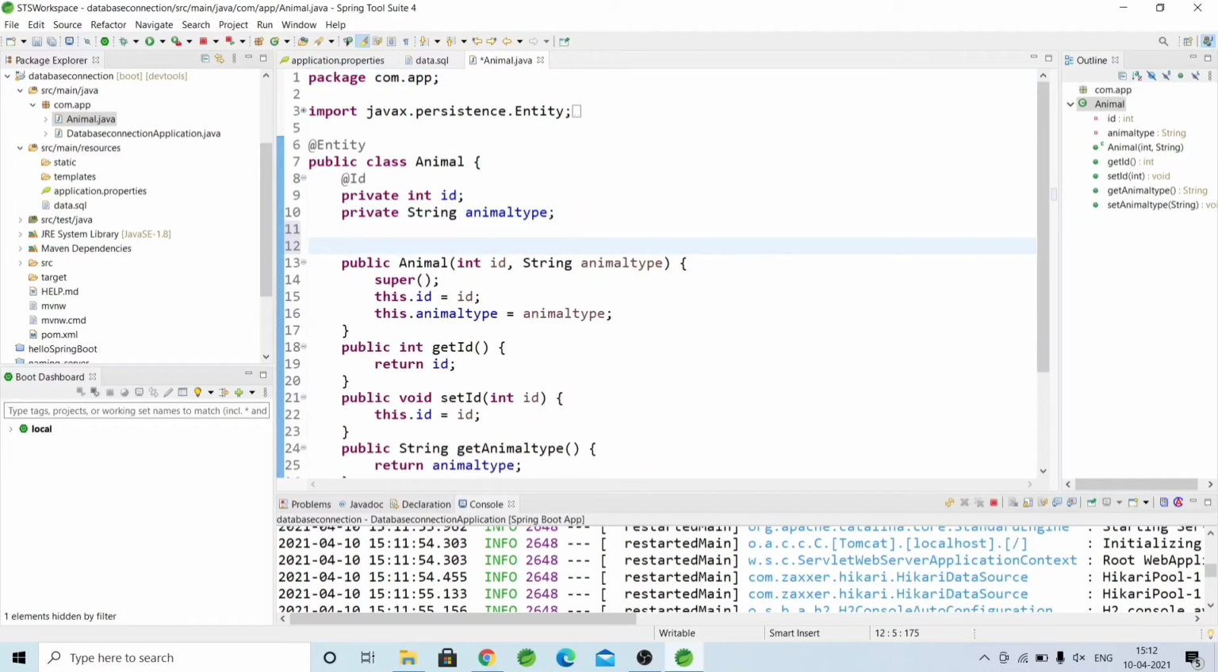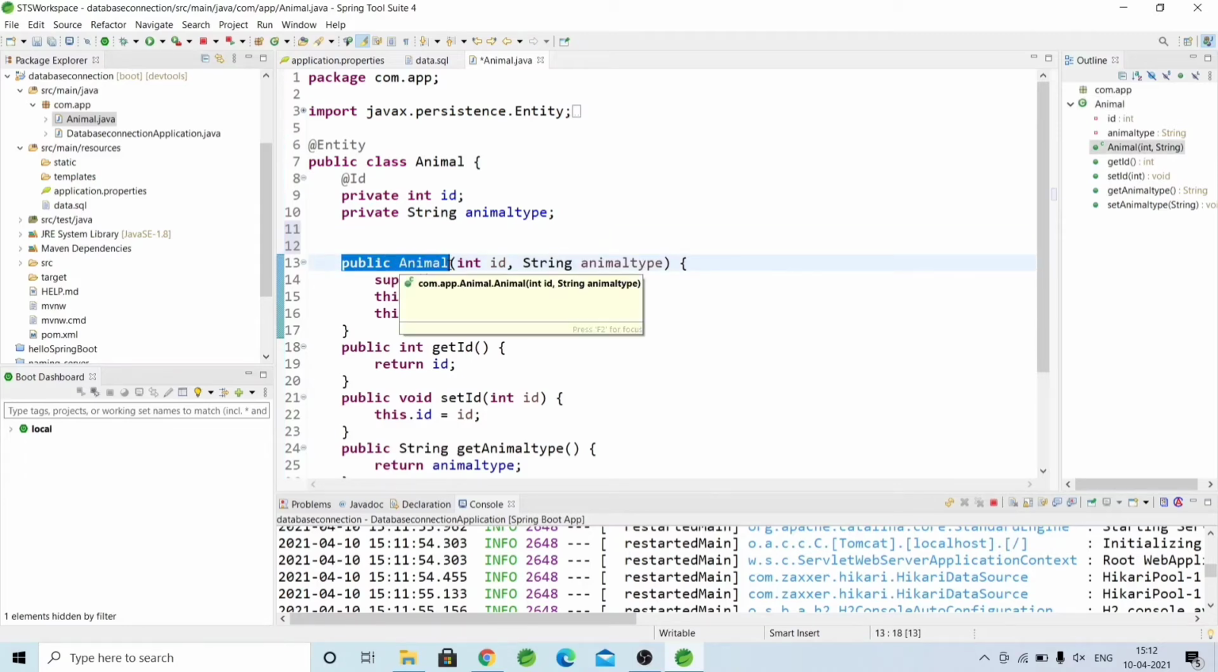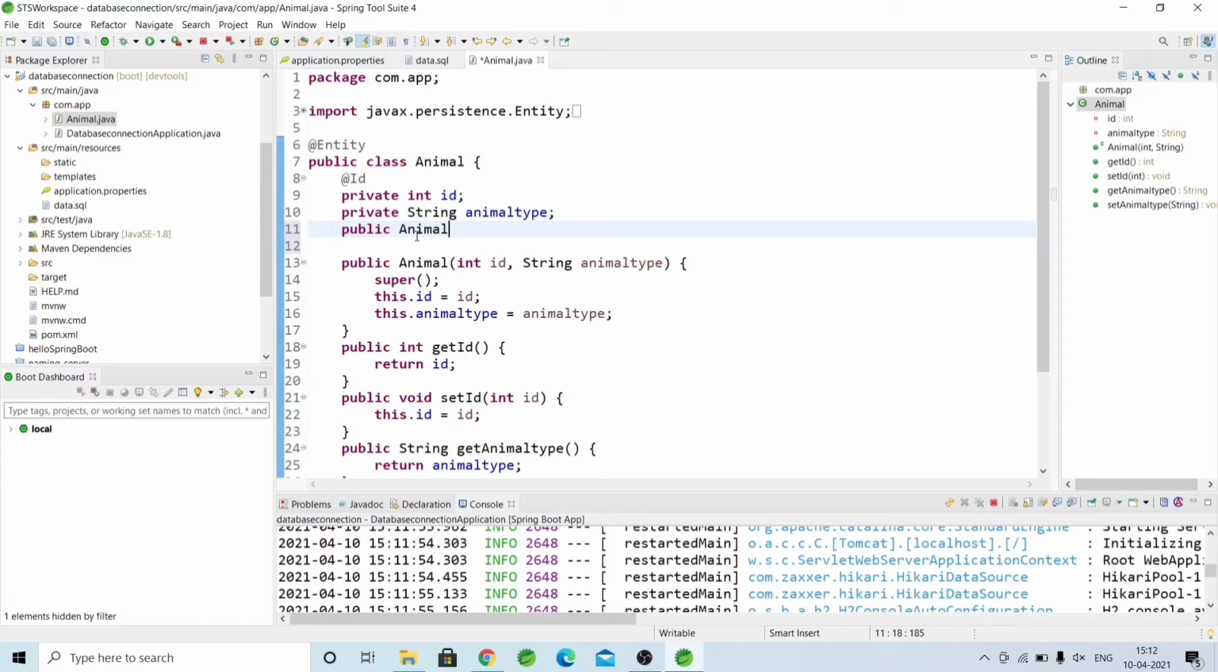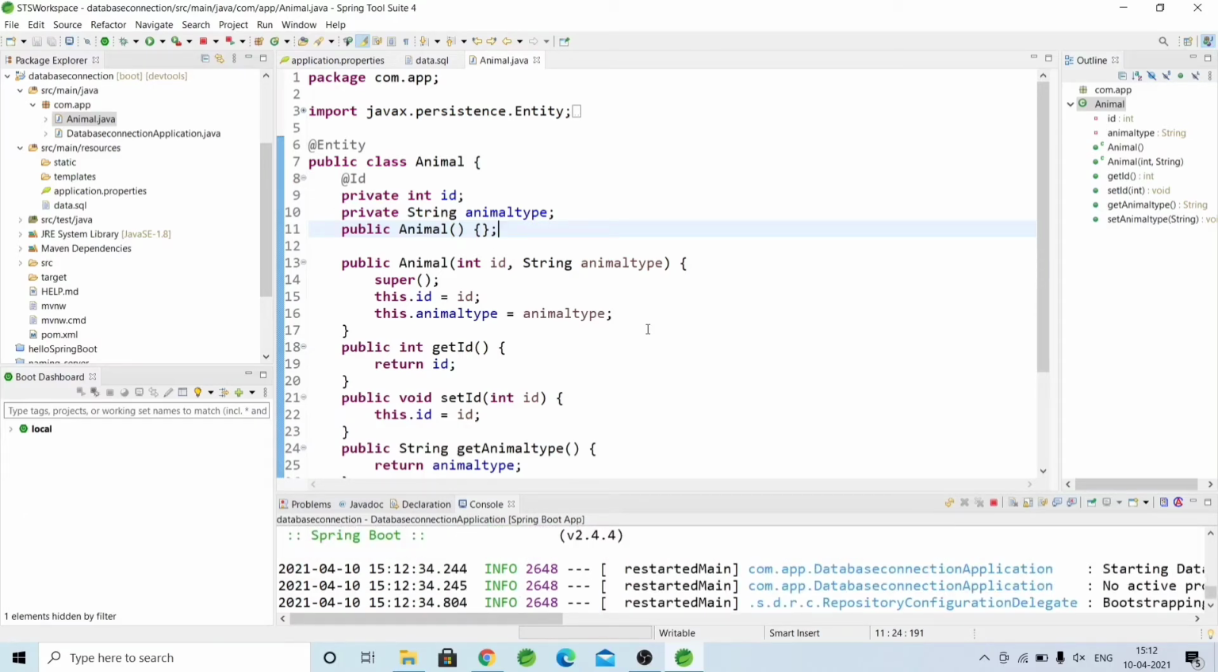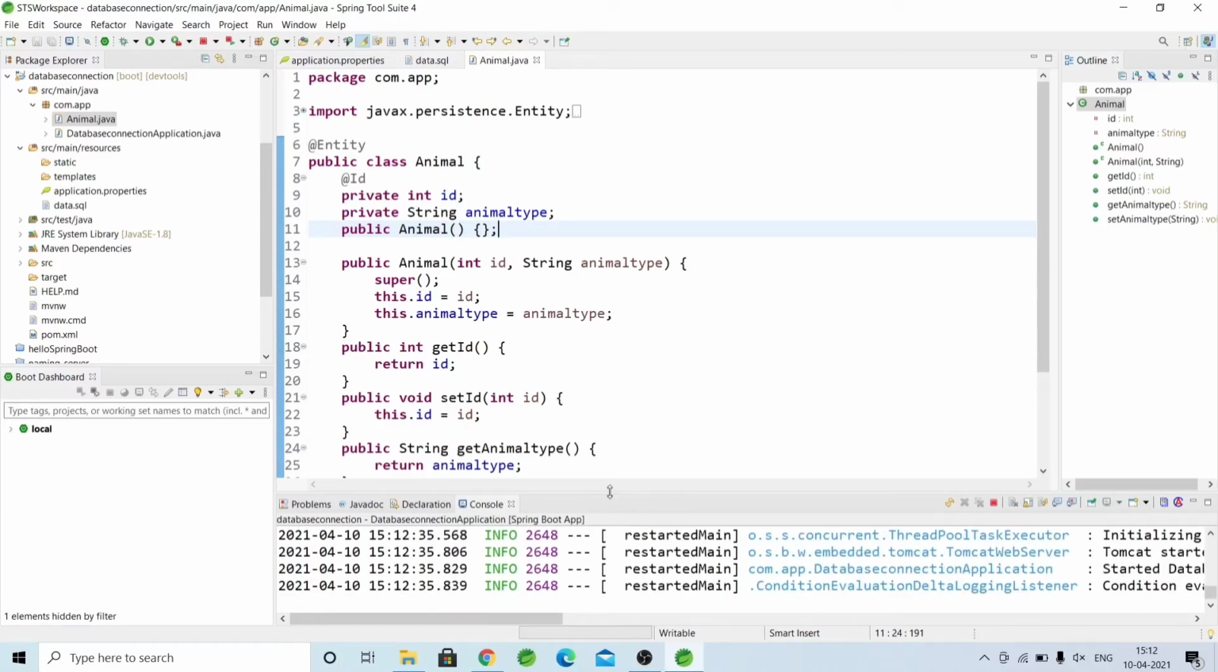So here now I am writing a public no-argument constructor for the entity class Animal. This is the most important thing, you should remember this, otherwise you will get an error. So this is done. So we did three things. Now there are two things remaining, and now the most important thing is you have to create